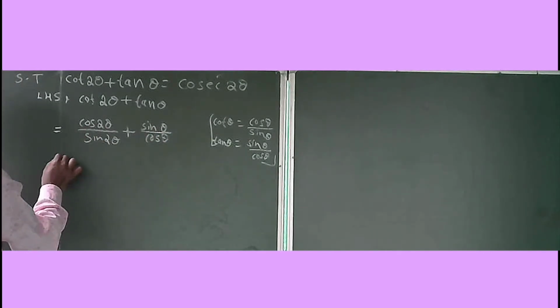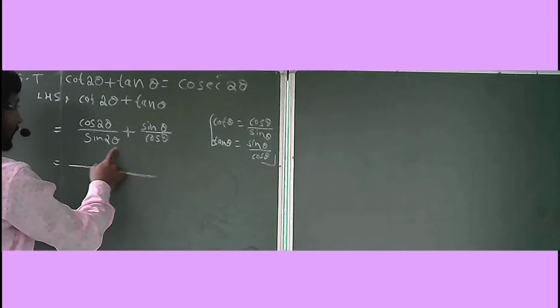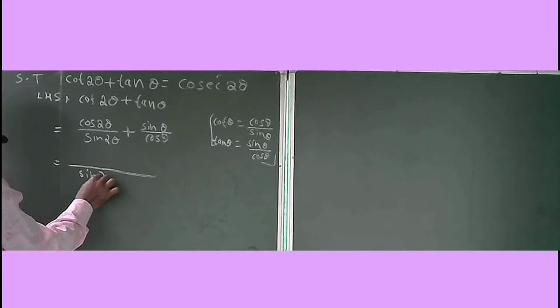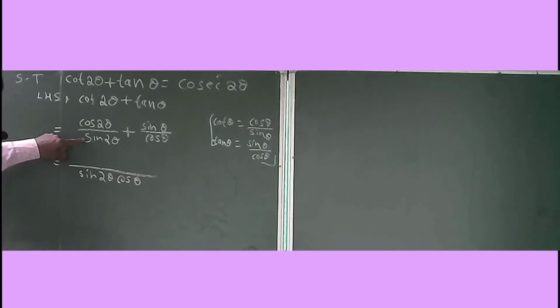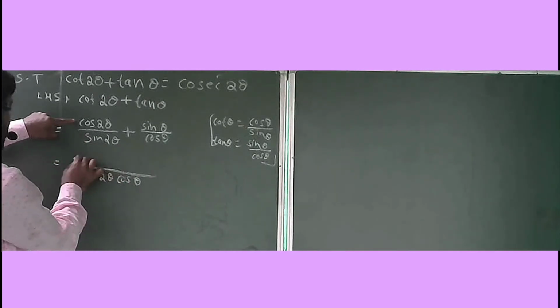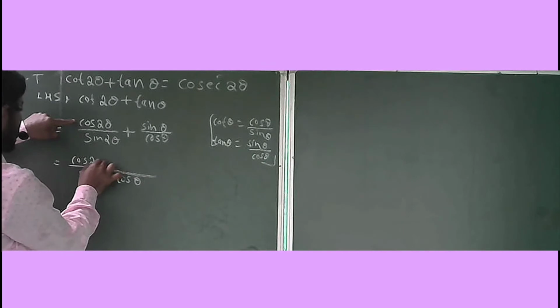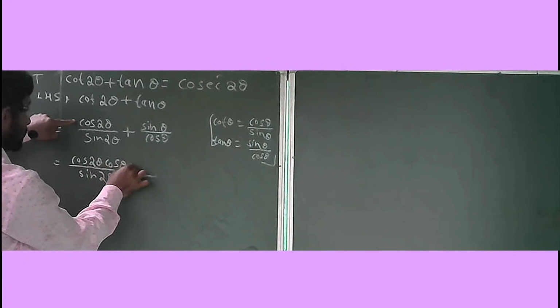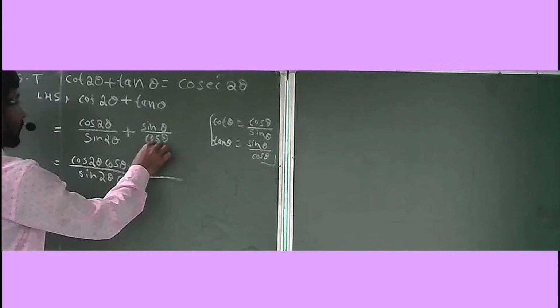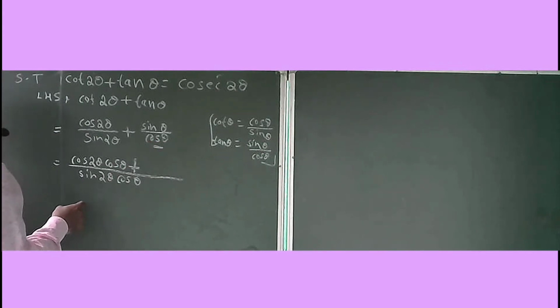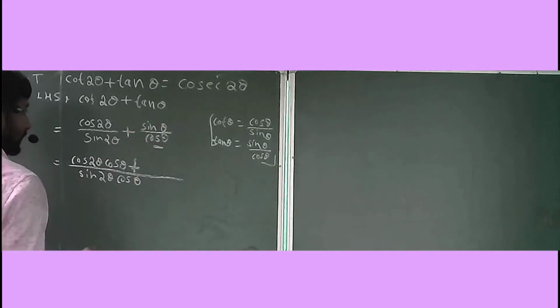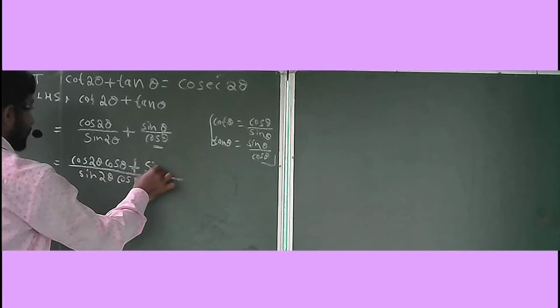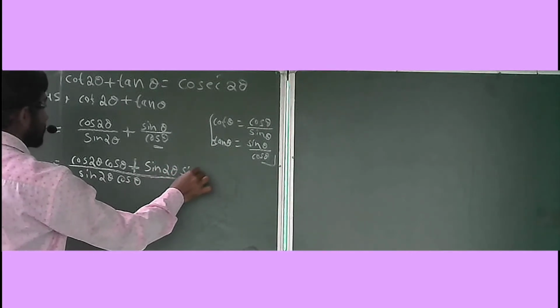Okay. Now see, it's equal to, in the denominator take the LCM. What's the LCM? Sin 2 theta into cos theta is the LCM. Here see, sin 2 theta is already there. Which term is missing? Cos theta is missing, right? So you will get cos 2 theta into cos theta plus, here see, cos theta is there. So which term is missing? Sin 2 theta is missing. So multiply sin 2 theta to the numerator of the second term. You will get sin 2 theta into sin theta.